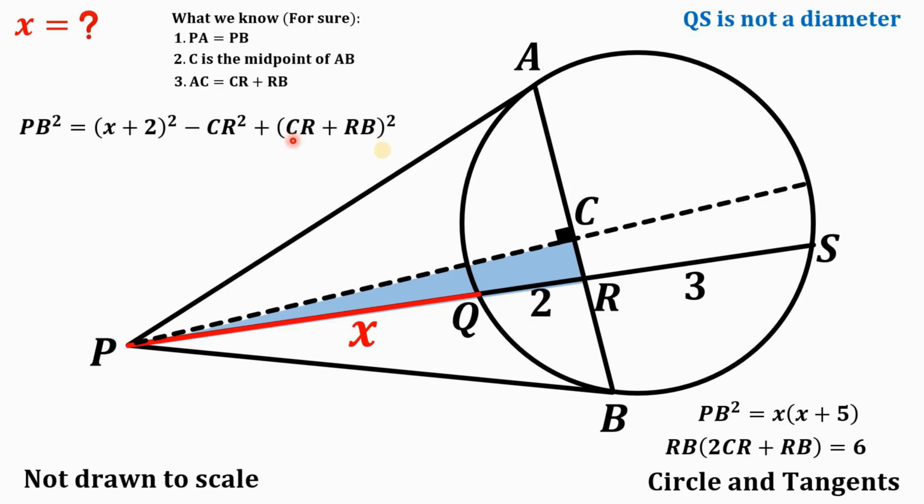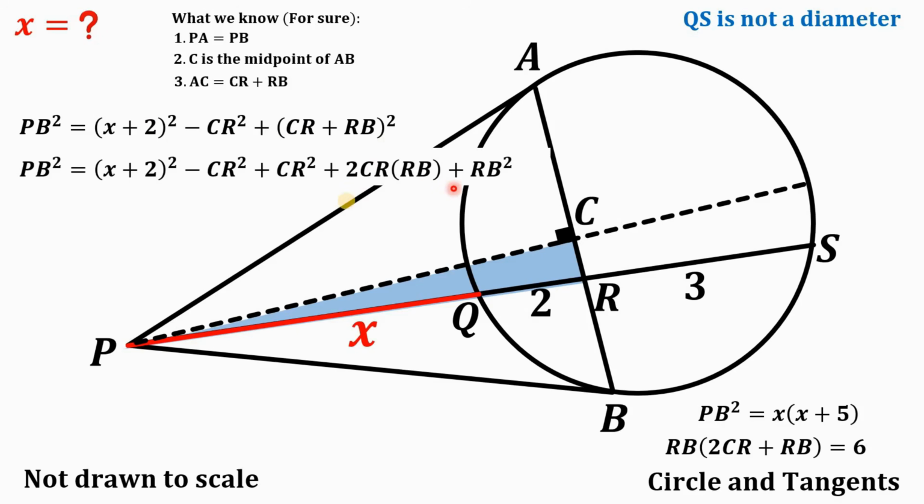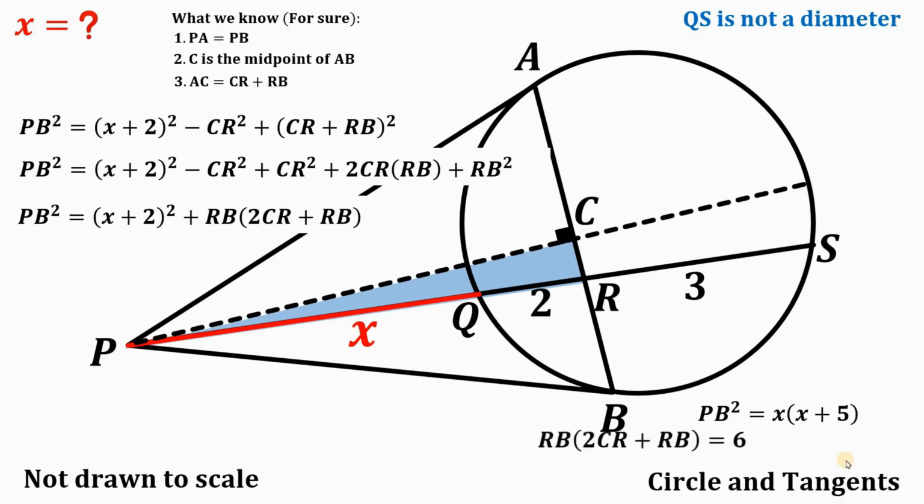Now, simplify (CR plus RB) raised to the power of 2. This will give us this expression. And why do we do that? Because we can now eliminate negative CR squared and positive CR squared. And also, we can factor out RB in these two expressions. So we have RB multiplied by (2CR plus RB). And this is familiar to us because it is given that